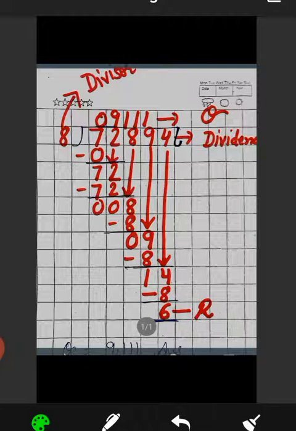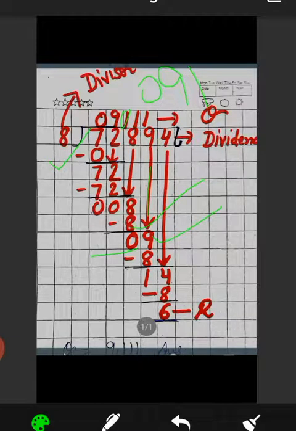So now 8 ones are 8. So there becomes 0 at the first place, then 8 ones are 8. So 1 in the quotient. So 8 is written down. So now 8 minus 8 is 0. So 0 is written there. Next, in the tens place is 9. You will bring 9 down.